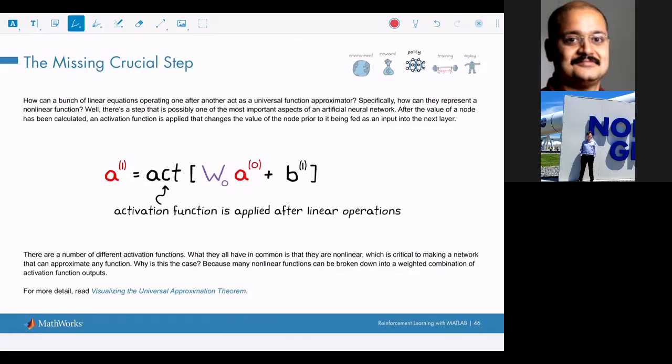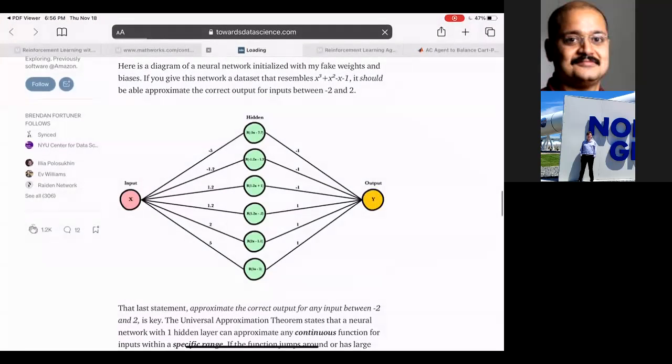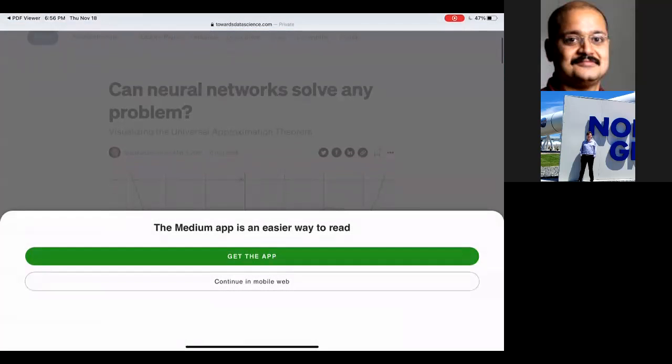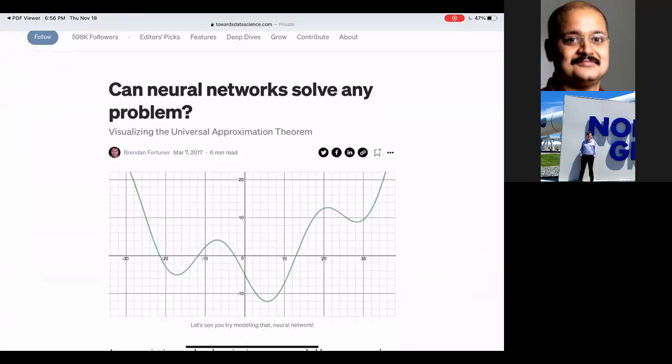And I would strongly encourage you to read this problem. This is the basic problem with a neural network. The question is, can neural network solve any universal function approximation problem? And the most general answer is yes, but they may not be able to do it in the finite time and the resources that we have.